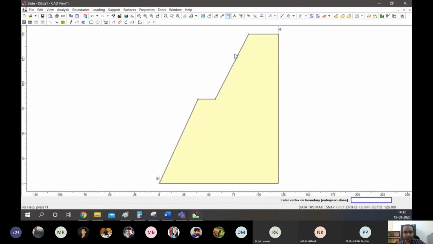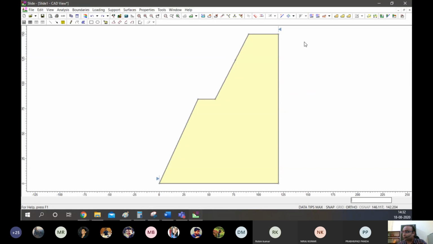So I have added a vertex, and by right clicking this vertex, I can actually move this as well. So basically what I am doing is, on the go, changing the geometry of my slope, right? So all these things can be done. Let's not do very strange kind of geometry. Let's keep it simple, 2 benches, right?